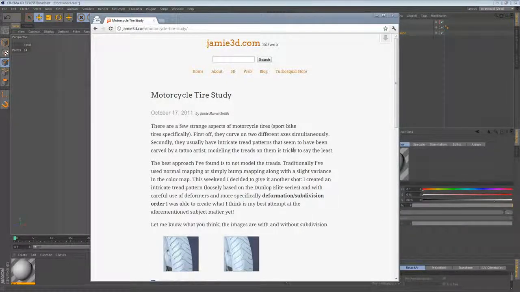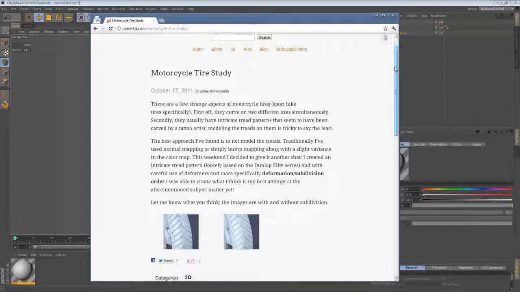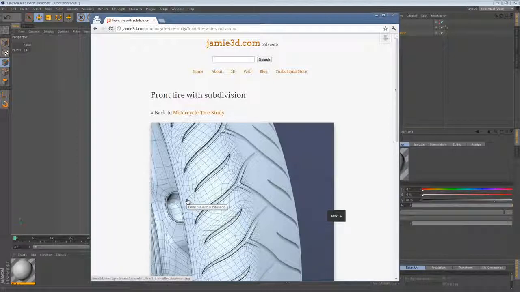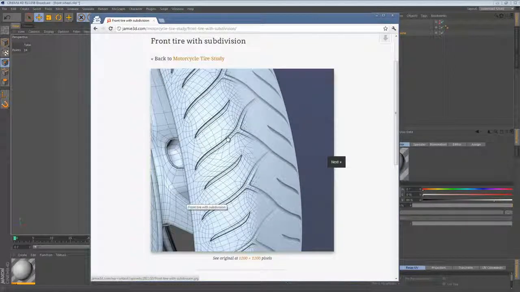A while ago, I posted this blog post about a motorcycle tire study. Essentially, I had always had difficulty creating a motorcycle tire that would work at different details. This has a lot to do with the sort of curvature of a motorcycle tire. It curves on multiple planes at the same time, and then it's got the tread that's sort of grooved into it. And I finally figured out a way to get a really good looking detailed motorcycle tire tread that can be